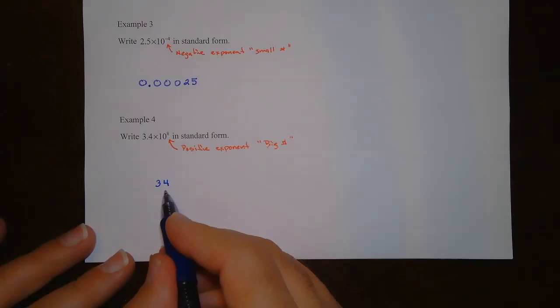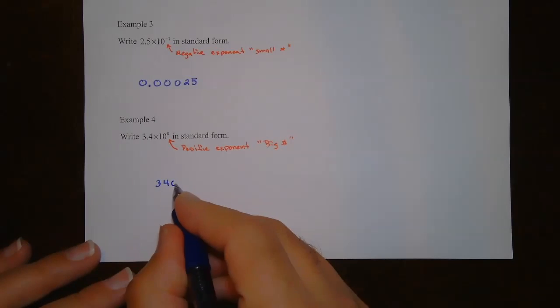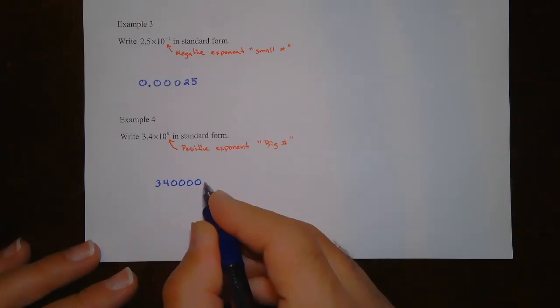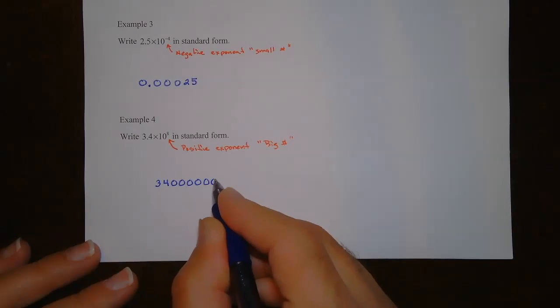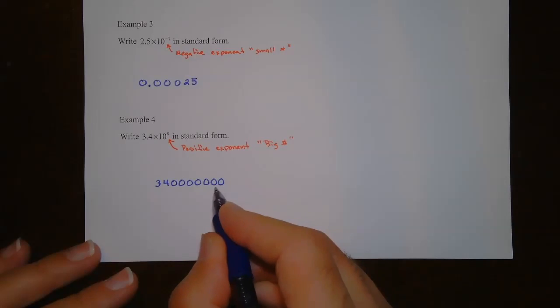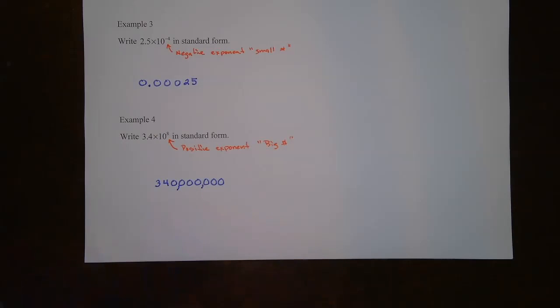So now that's 1 decimal place, right? So that's 1, 2, 3, 4, 5, 6, 7, 8, and that's where my decimal place would be. And then I'm just going to go every 3 because that's hundreds, and then 1, 2, 3, and that's thousands. So this would be 340 million. That would be this number